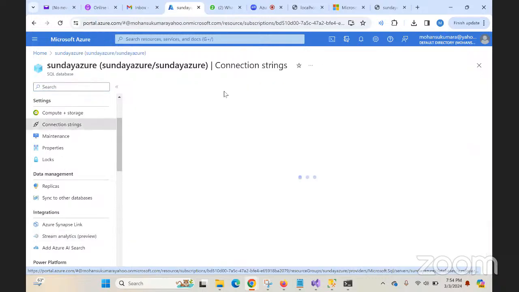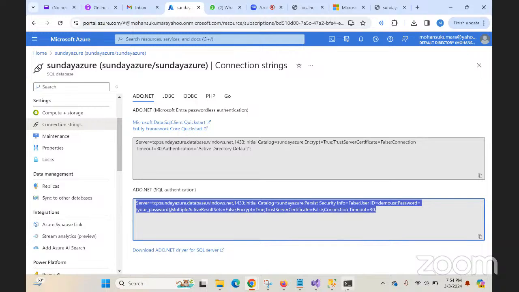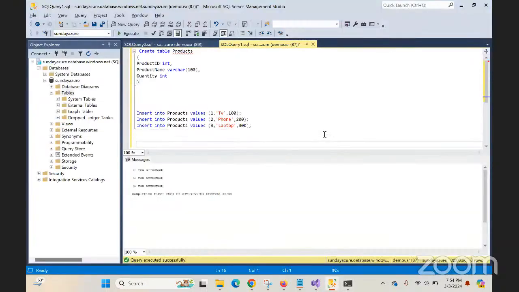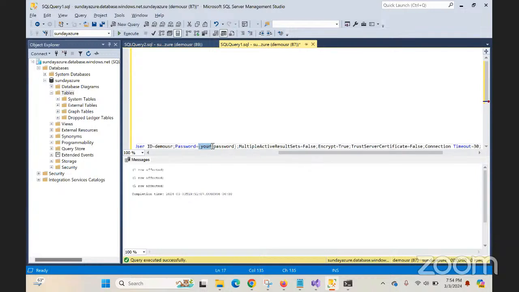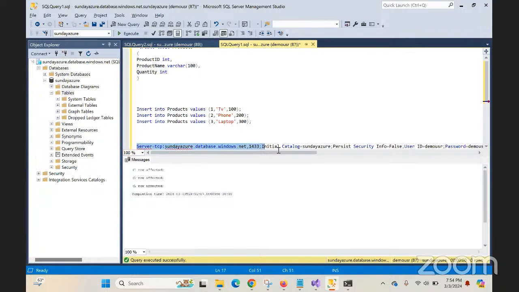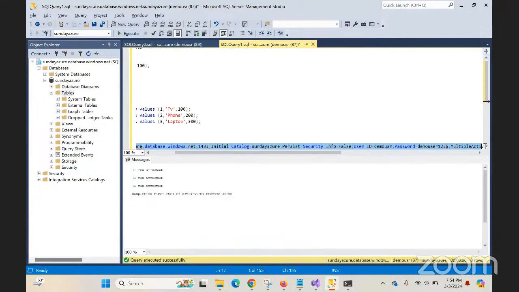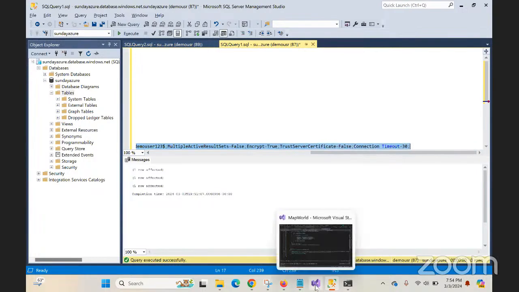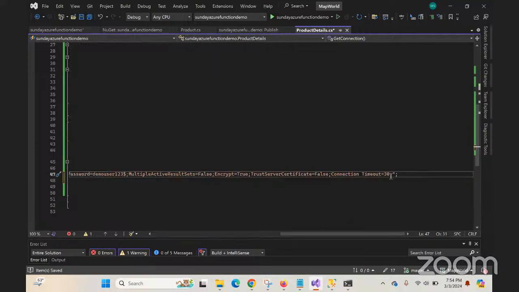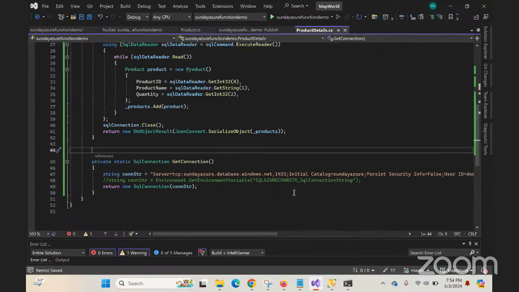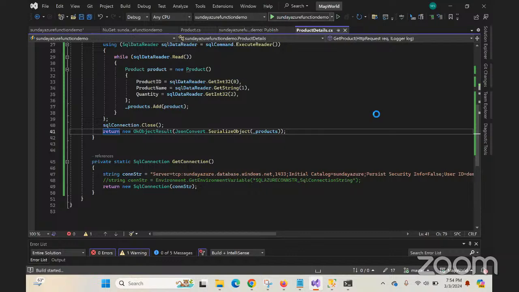Okay, all the connection strings will be here. Take that, but you do not have the password for that. You have to update the password. So I'm updating the password. Demo user dollar. Okay, so I just updated the connection string. Now I'll run it from local. We'll see how this works. Then we'll push it to our